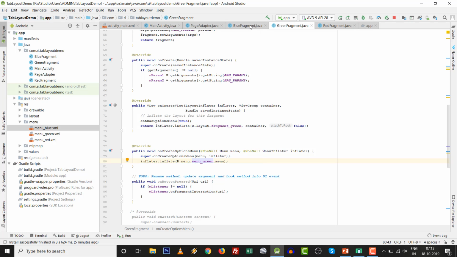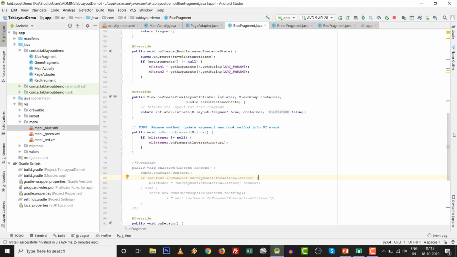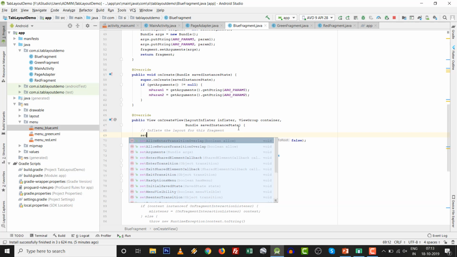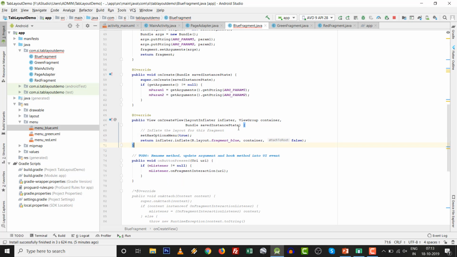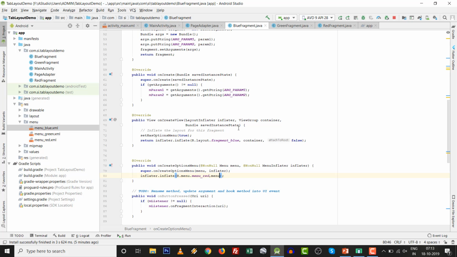Then go to the blue fragment. Inside the blue fragment, in onCreateView, return must be the last statement, so paste it. For this one we have to set it to blue. By the way of that it will not finish, because to run it we press Shift